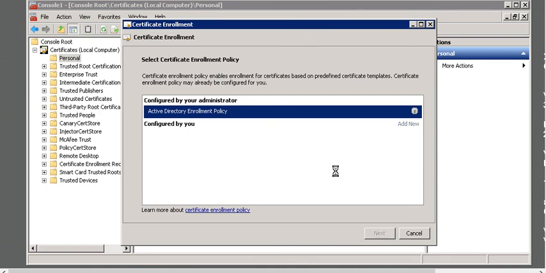We need to click on Request New Certificate and click on Next and click on Next. And now it will take some time to generate the certificate. So in the meanwhile, I'm just going to pause the video.